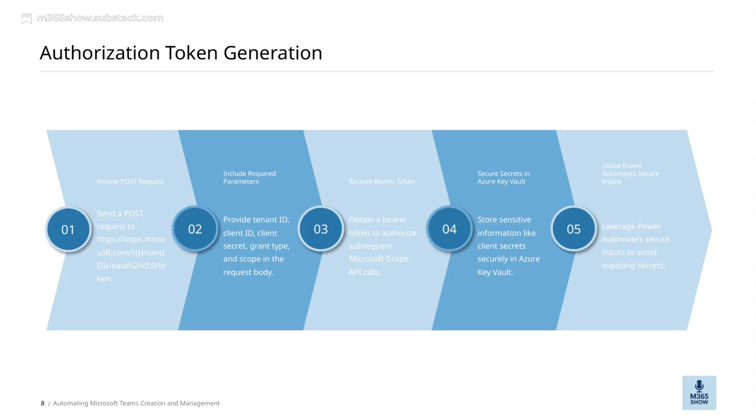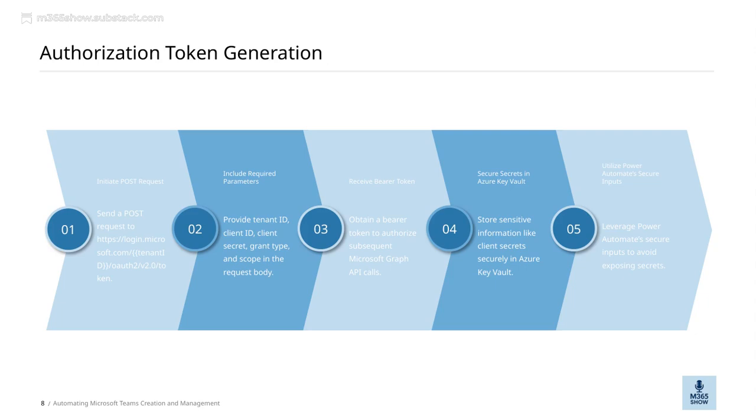It's very important to store our client secrets and other sensitive information securely. We do this by leveraging Azure Key Vault, which keeps these secrets safe and protected from unauthorized access. Additionally, when using Power Automate, we can utilize its secure input features. This way, secrets are never exposed in logs or during the flow execution, maintaining a high level of security throughout the process. Overall, this process ensures that our automation is both secure and efficient, allowing us to manage Teams seamlessly